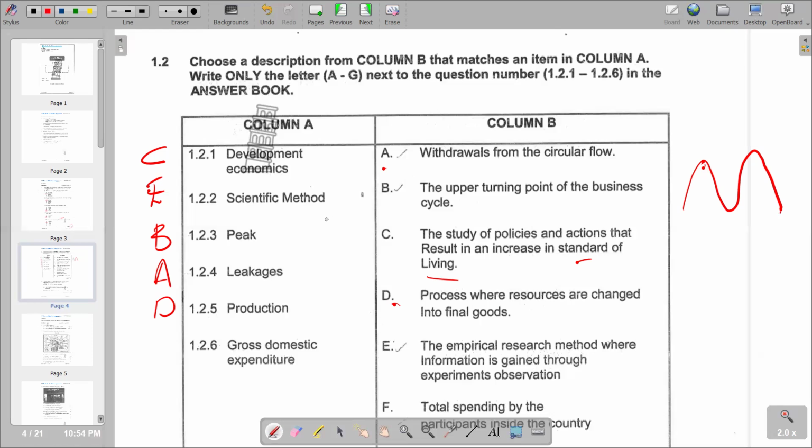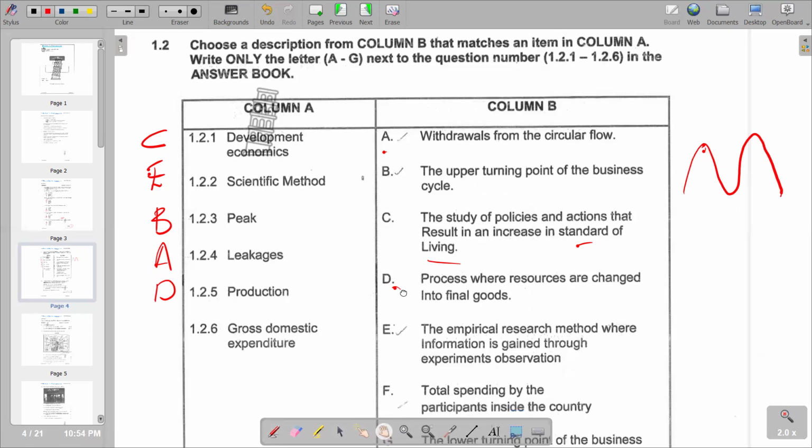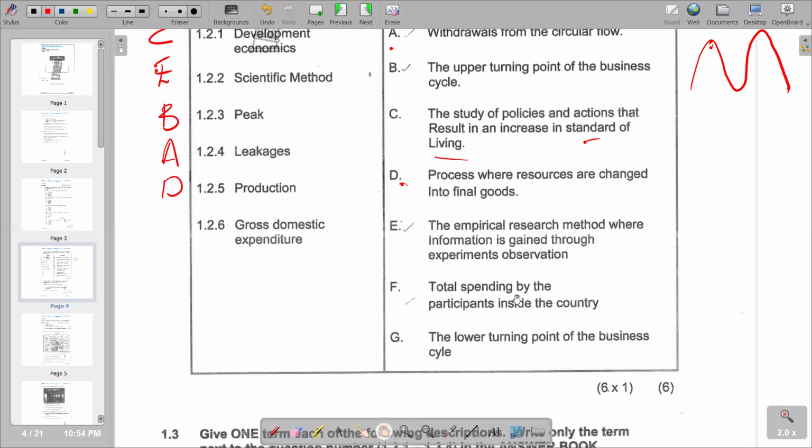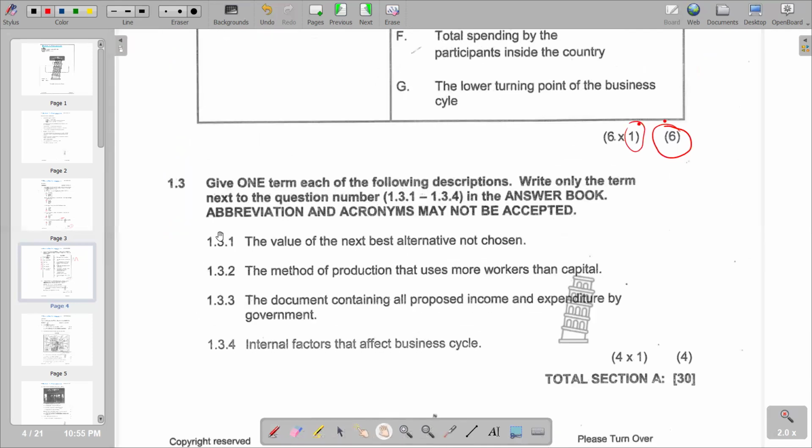So according to the responses that we have now, let's try to see what response we have. Let's see the other responses down there. F is saying total spending by the participants inside the economy. So we have F as the correct response. You see that our question has got 6 marks, which means each question has got 1 mark as indicated here. So we go to now the last part of our section A, which is 1.3,